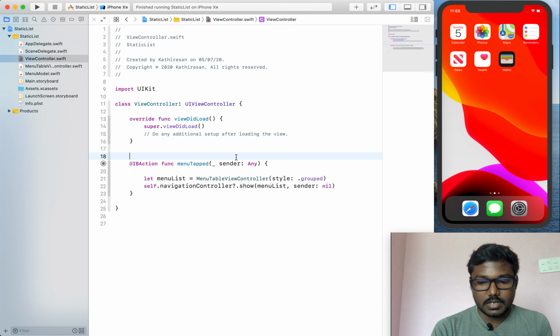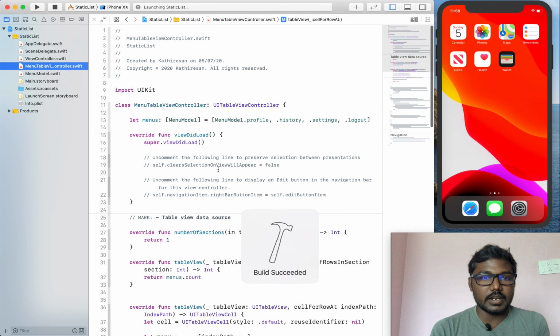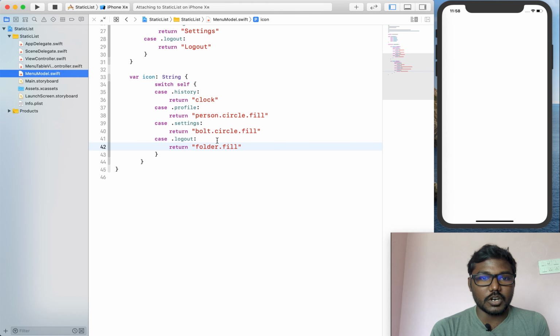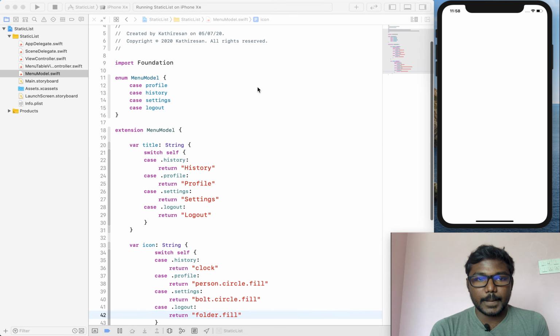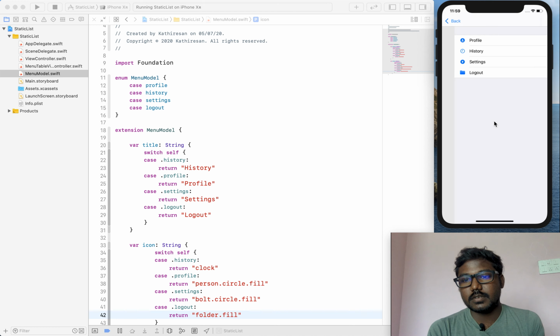Likewise, now I am running the code. This is a static table view controller. We can modify everything we need by using the extension of types. Here we can check the table view is working perfectly.